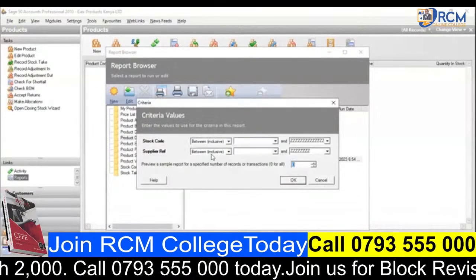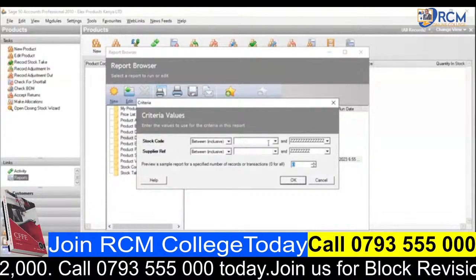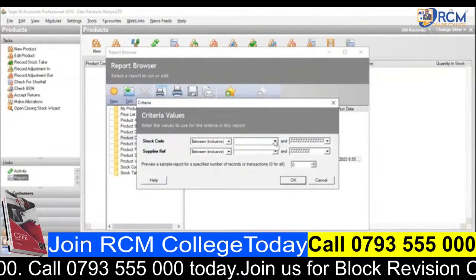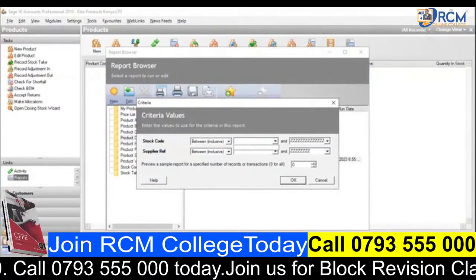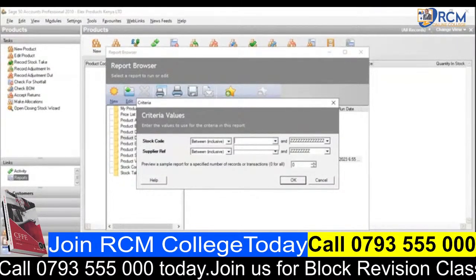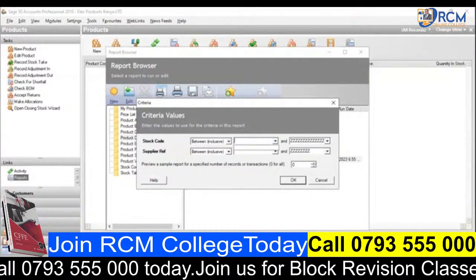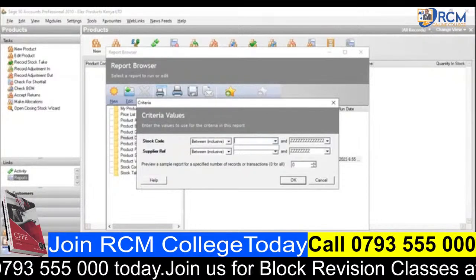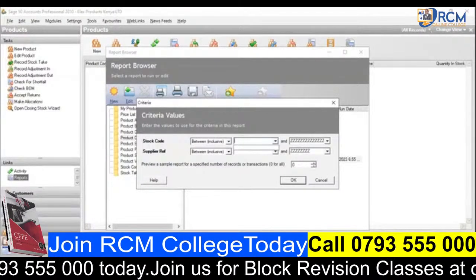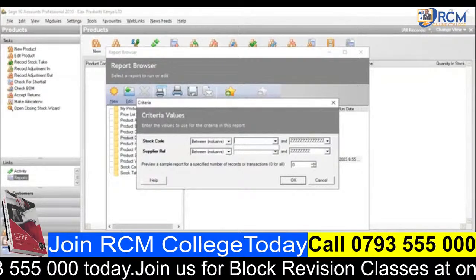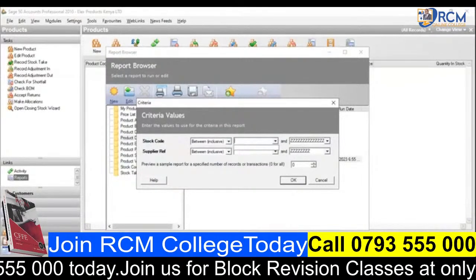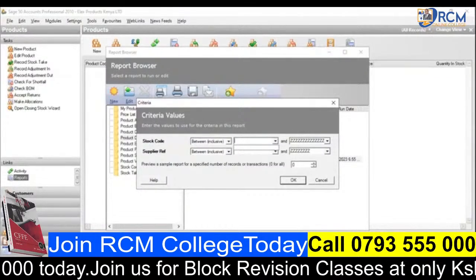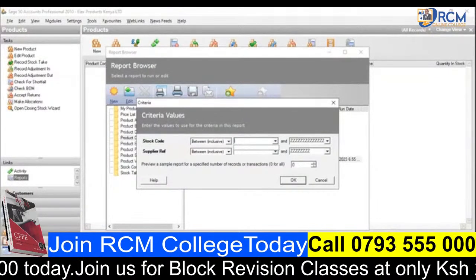All right, so we have here the stock code. If you have your inventory list in your system, then you have got different codes, starting from the first product that you keyed into your system, maybe having code 1. And let's say up to date, you've keyed in products and you are in today's code, which is code 50. So the stock code is between code 1 up to code 50. So if you want to make a review of your stock for all your stock that you have in your record, you will choose the whole